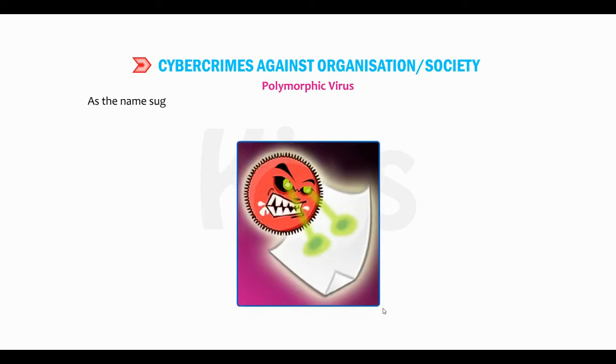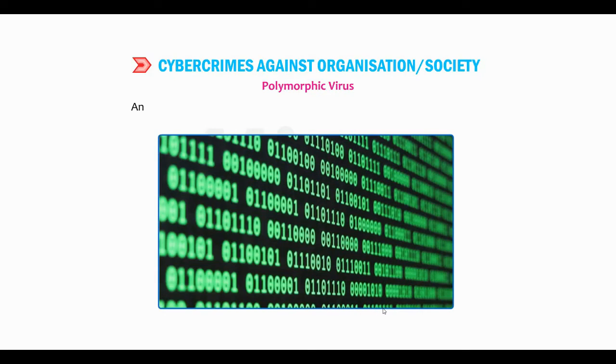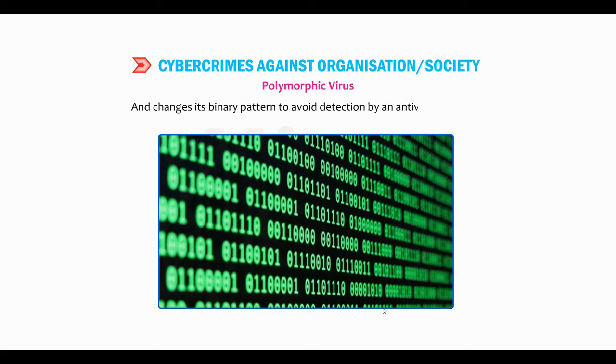Polymorphic virus. As the name suggests, this type of virus exhibits itself in different forms every time it infects a file and changes its binary pattern to avoid detection by an antivirus program. Examples are